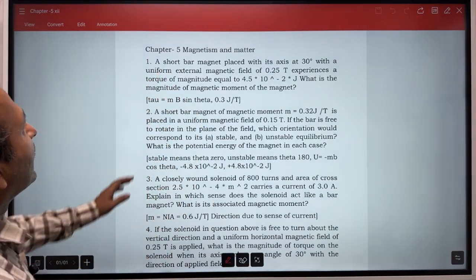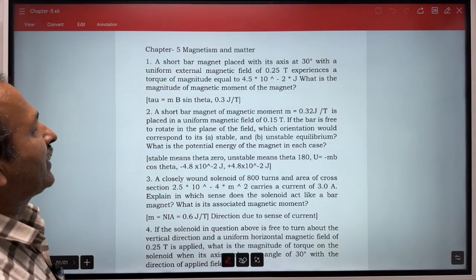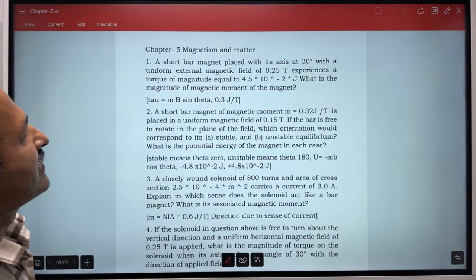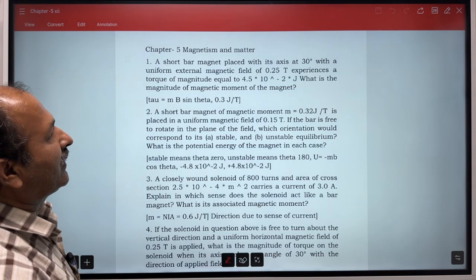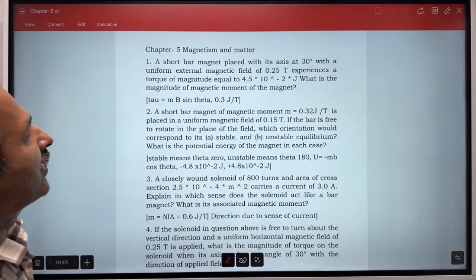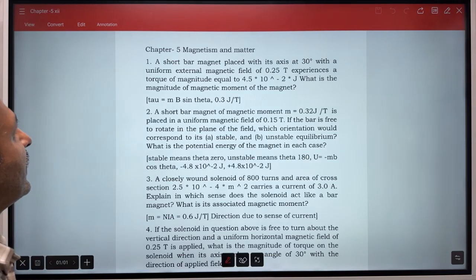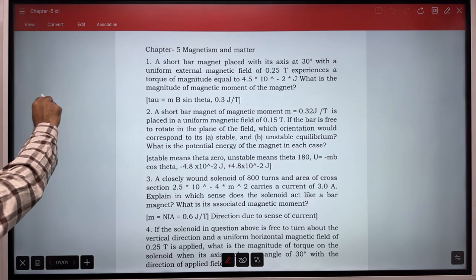Question number 1. A short bar magnet placed with its axis at 30 degree with a uniform external magnetic field of 0.25 Tesla experiences a torque of magnitude equal to 4.5 into 10 power minus 2 joule. What is the magnitude of magnetic moment of the magnet? So here